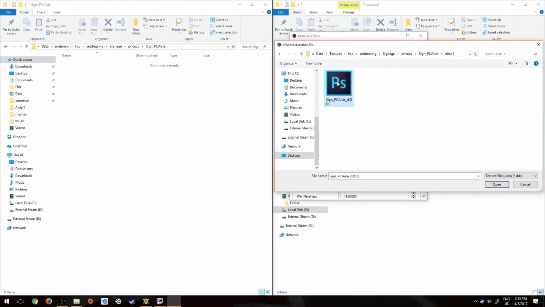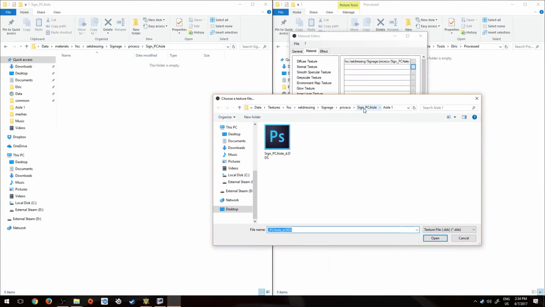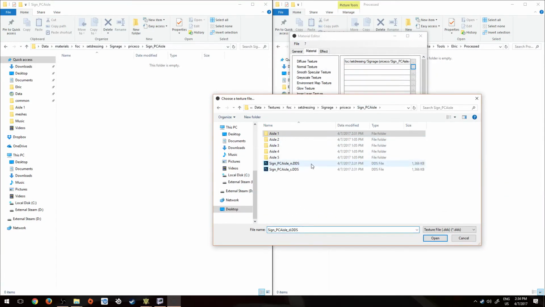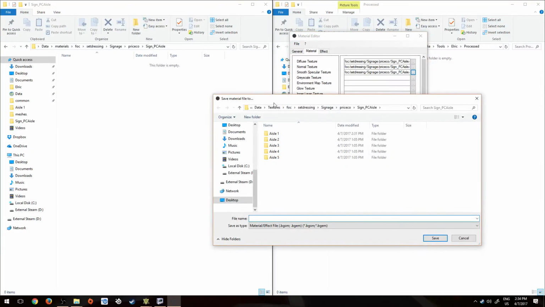Aisle 1. There's that. Good thing again is if you click on the next texture, it'll load up from where you last were. Since the next two share them, put the normal in the normal spot and the specular in the specular spot. File, save as. Make sure we're in the same place. We're not. We're in textures, so we want materials. Click, click, click, click. Call this aisle 1